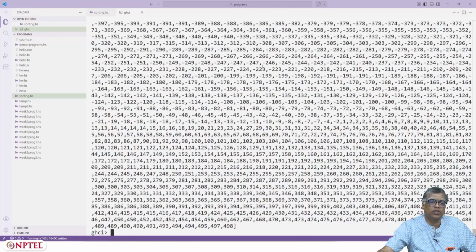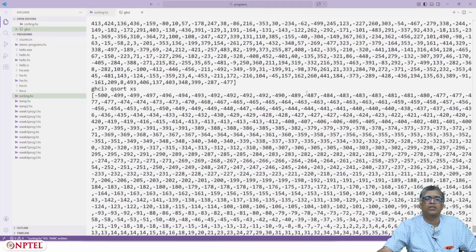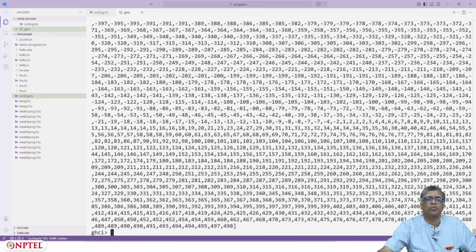You can see that it starts from minus 500, minus 499, and so on. It's all minus, and then it becomes plus and goes all the way up. This was reasonably quick because it was a random list that I chose. If I had chosen some already sorted list, then it would take a lot of time. But that's basically it.